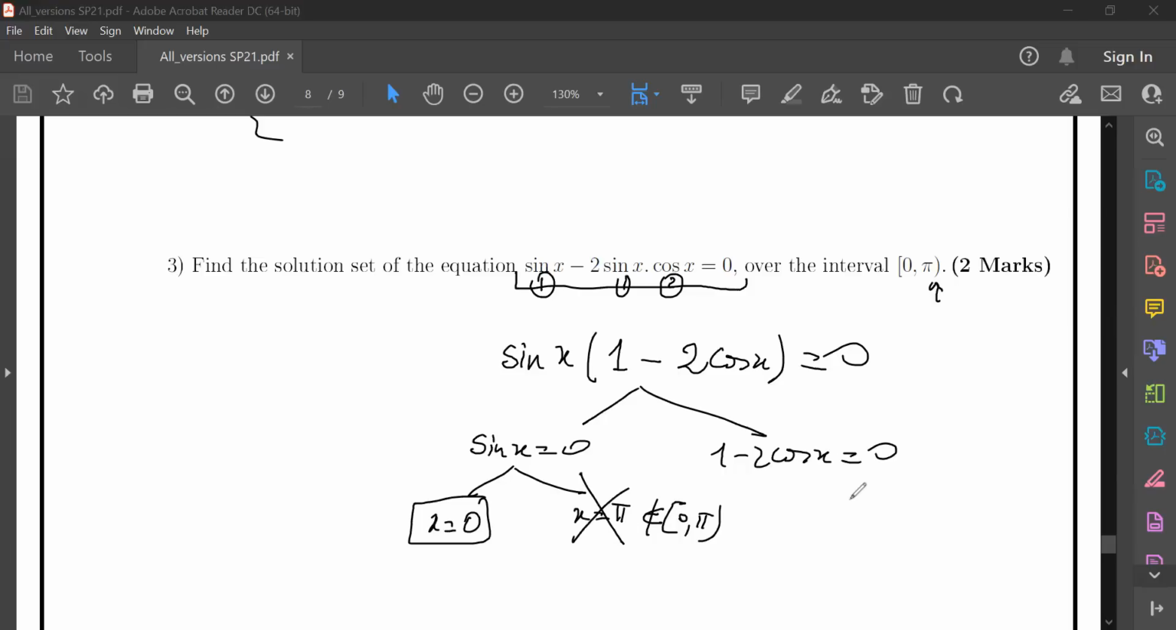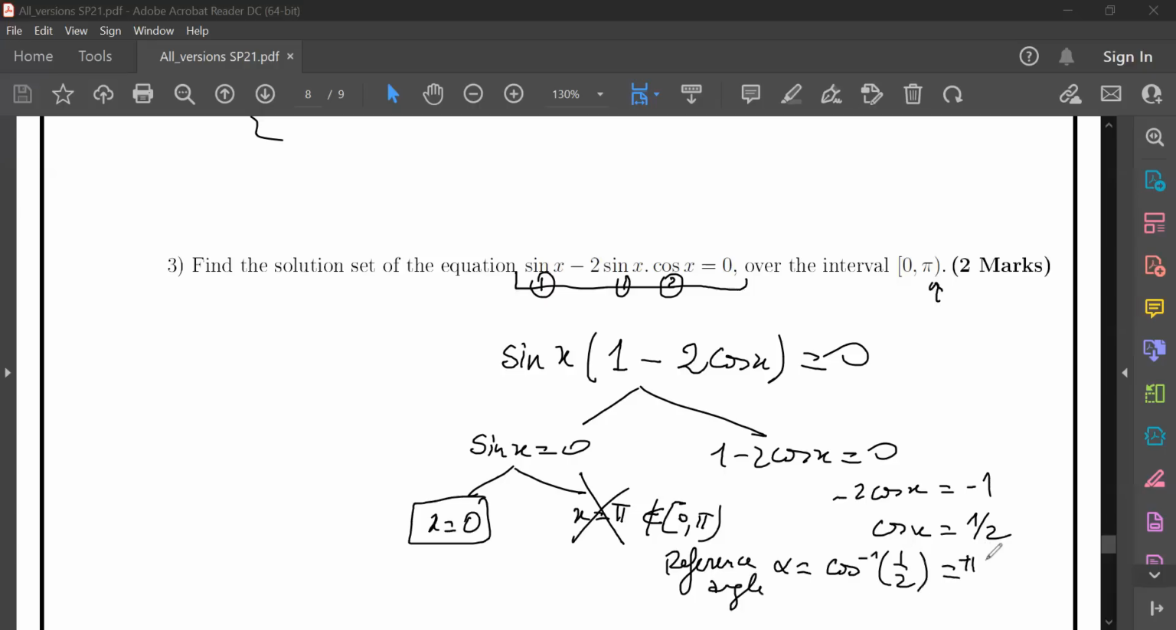The second one, we isolate cosine. So cosine x equals half. We compute alpha, the reference angle: cosine inverse of half, which is pi over 3. And then